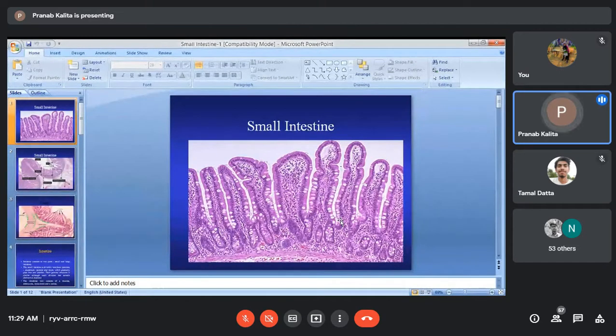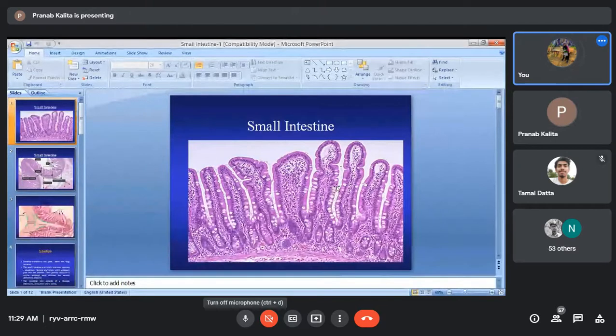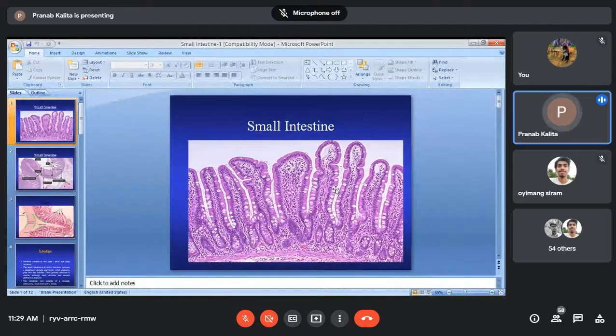Okay. So here, just coming to the lamina epithelialis, the first layer of the tunica mucosa, you can see in the villi that they are lined by many columnar cells. In between the columnar cells, you have seen some empty spaces, some clear areas. So these are the goblet cells. Mostly in the villi, they are lined by the columnar epithelial cells, and you will find the goblet cells. Clear?